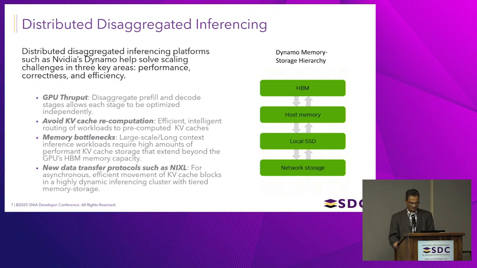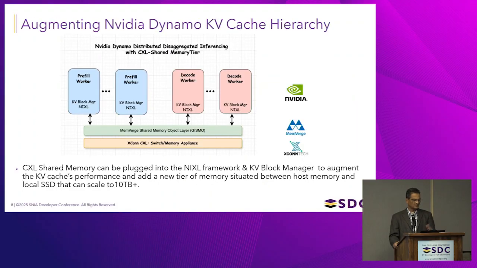So what they are proposing, once again, after the host memory, you have local SSD, right? What if we can do an intermediate tier? That is what they are proposing, and they're going to put out a proof of concept in the near future, showing how this CXL memory pool can become a tier before you ferry the data over the network to some other host, which NIXL or some of these other llm-d things will do. You can actually use it for storing the KV cache, KV block